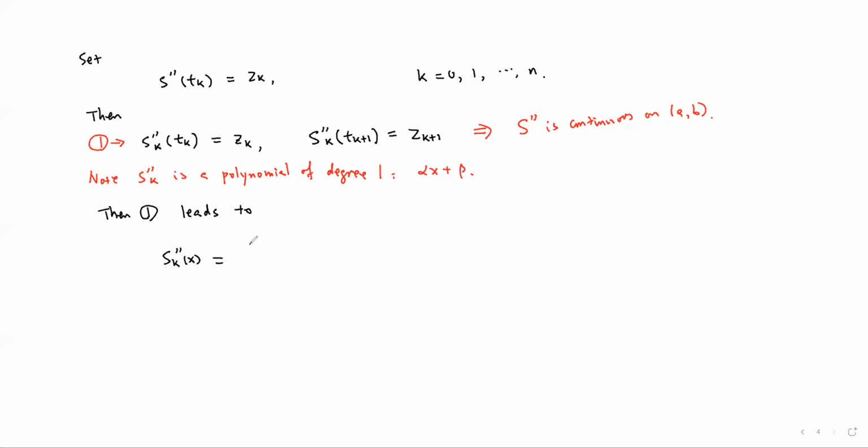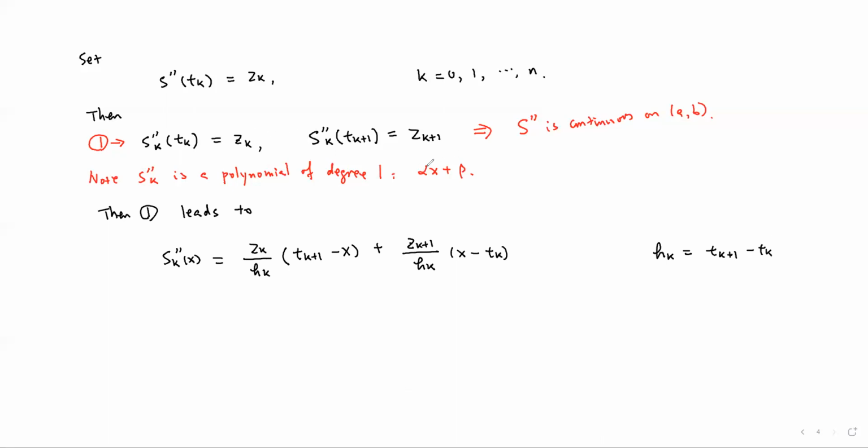Then we get this: c_k over h_k, by h_k I mean t_{k+1} minus t_k,